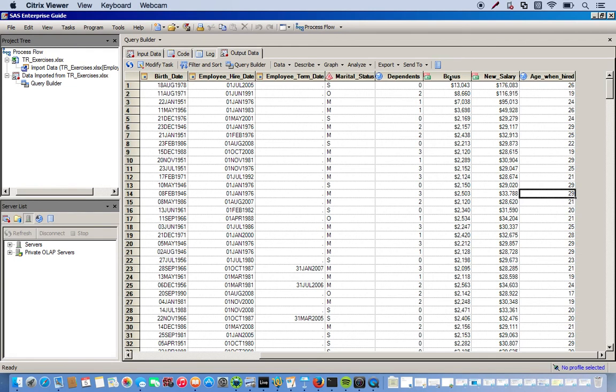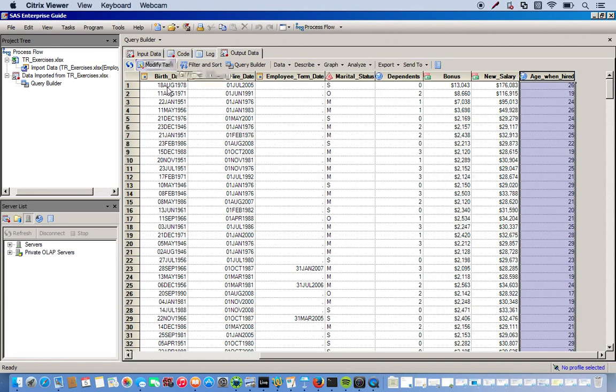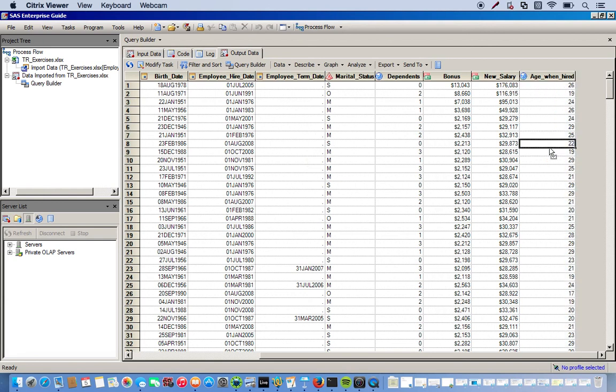So once again, what we did, we created a bonuses column, which we multiplied salary by 0.08. Then we took that bonus column, added it to our original salary, and gave us our new salary. And then we used the date diff function to calculate how many days there were between the employee's birth date and their hire date, divided by 365. That gave us the number of years, and to help clean it up a little bit, we used the integer function. And this is just the tip of the iceberg. There's a ton of things you can do with the expression editor, but these are just some basic examples of